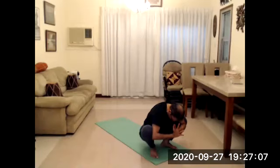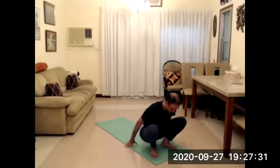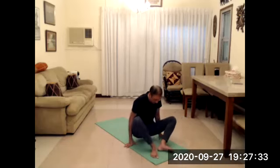So the last thing you want to do is round your back and end up looking like this. You're not seeking forgiveness. You're working your heart up. You're trying to find what you can stretch in your hips. And you're pushing your knees in, squeezing your elbows, and with your elbows, you're pushing your knees out. So both things are happening at the same time. When you're ready, slowly release,